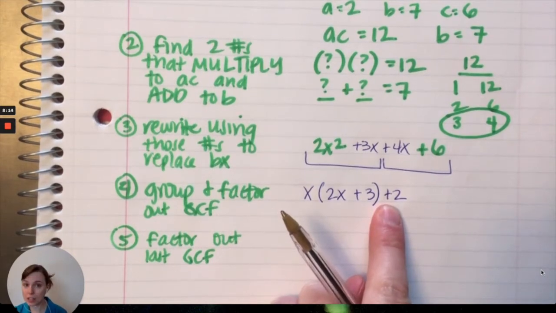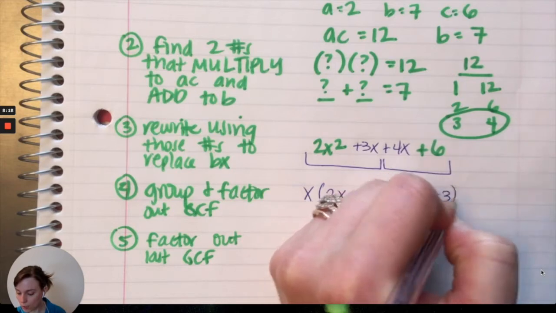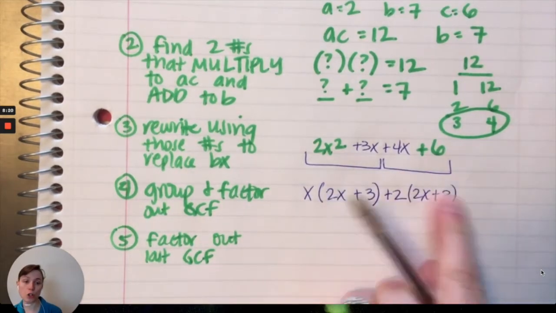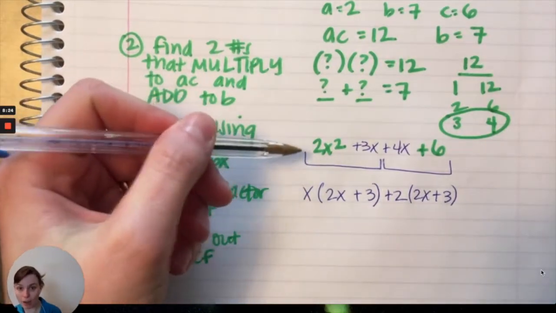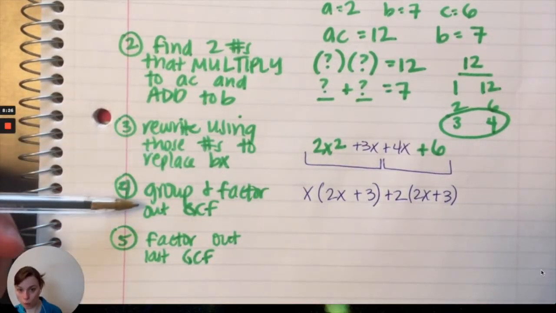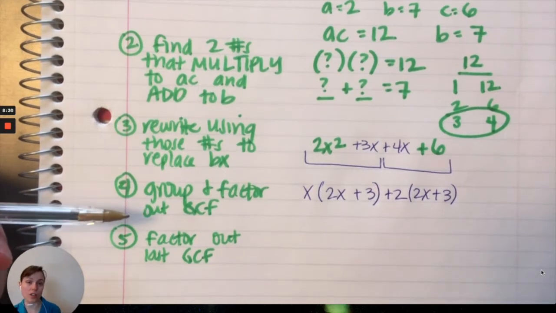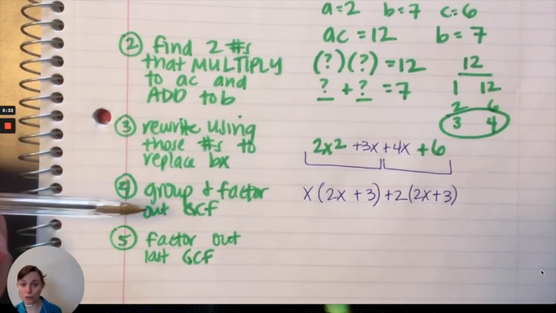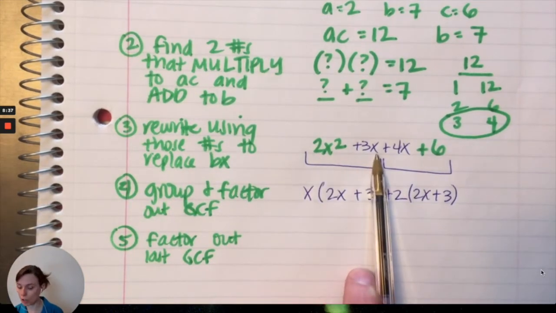I'm putting that plus sign there. It is a positive 2. So I'm going to end up with 2x plus 3. If I distribute this 2, do I end up with 4x plus 6? Pause here. You need to understand how I went from step 3 to step 4. If this makes no sense, ask someone else to figure out what happened and rewatch this video with you. Going from 3 to 4, I'm factoring out the GCF of group 1, the first 2 terms, and group 2,